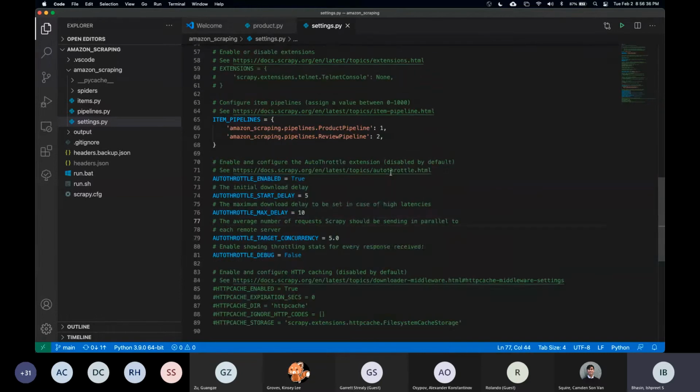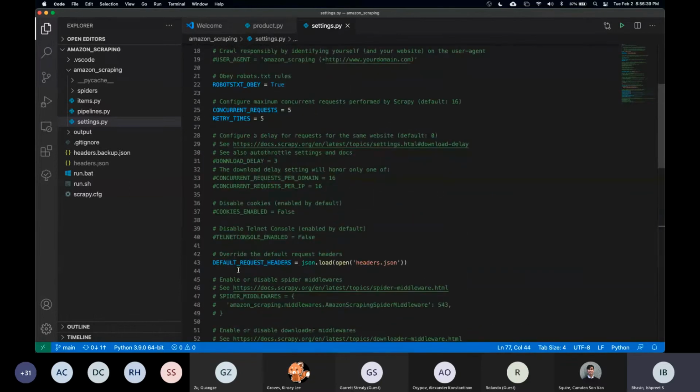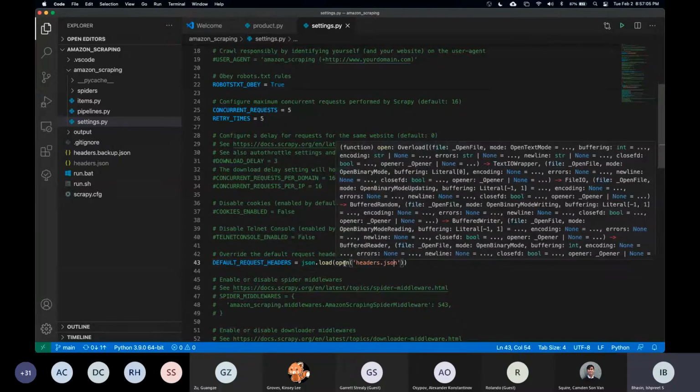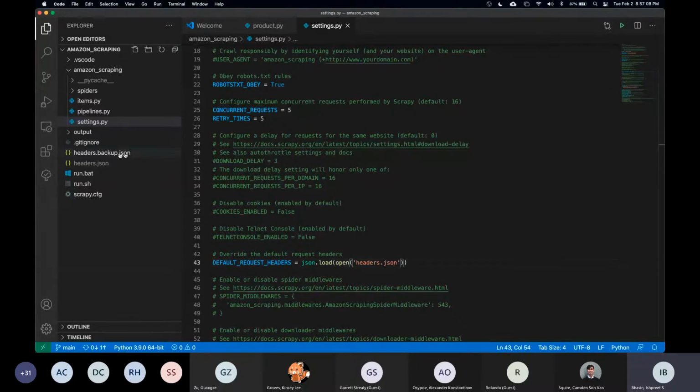Amazon's server. But over here on line number 43, what we're trying to do is use the HTTP headers that normally your browser would send to Amazon.com, and we're trying to use those headers for making these scraping requests. So the thing is that I have not included headers.json here. That is why it's giving an error, but there is a headers.backup.json file, and